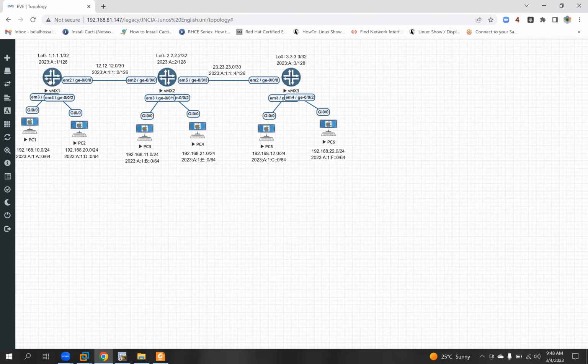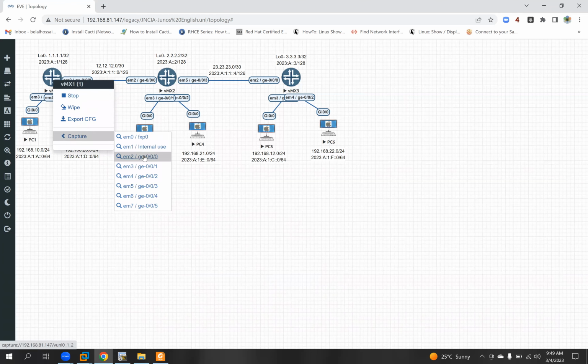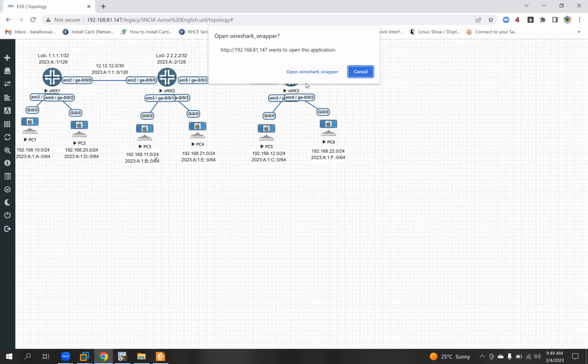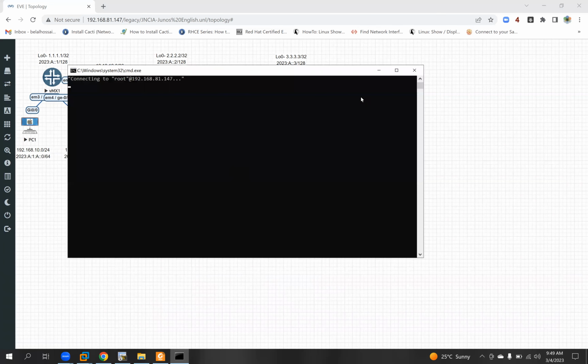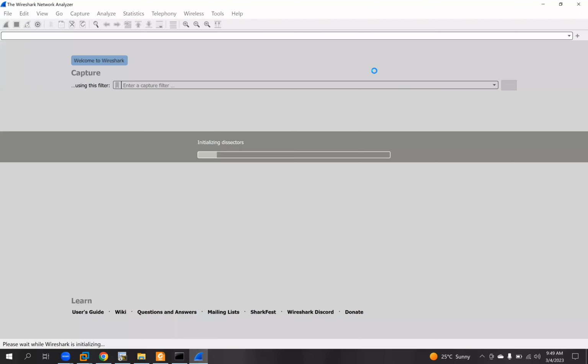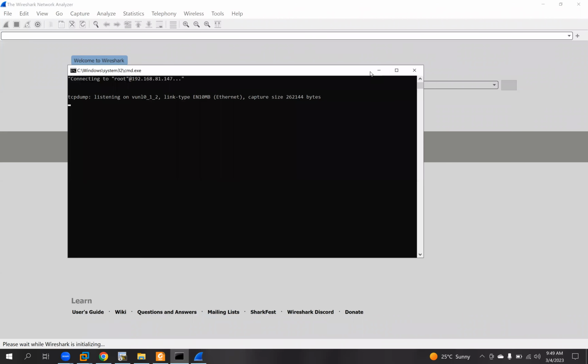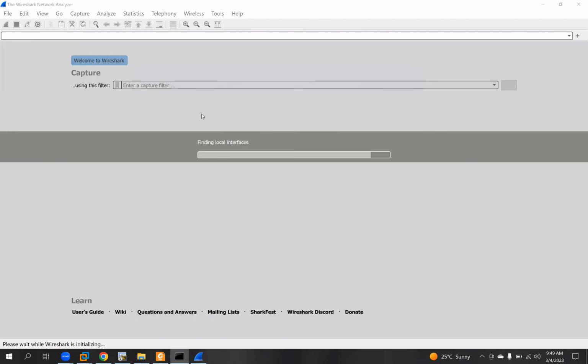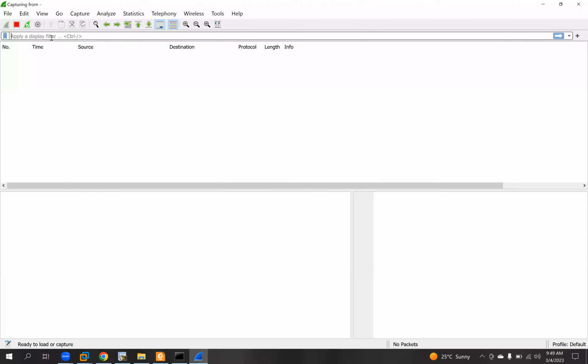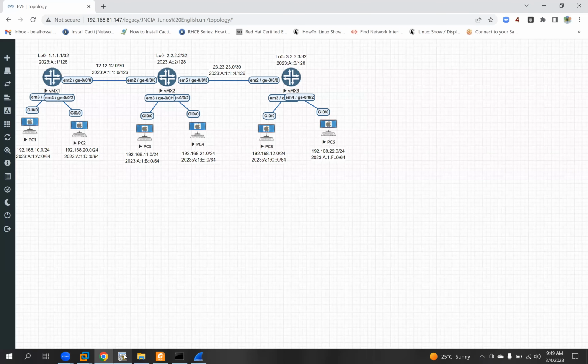So if we check Wireshark on ge-0/0/0, we can see the OSPF messages communicating between VMX1 and VMX2. Just for visualization, we enable Wireshark. Then go to